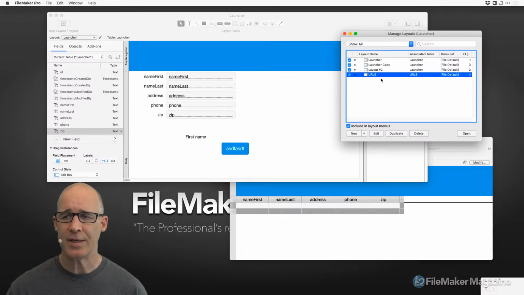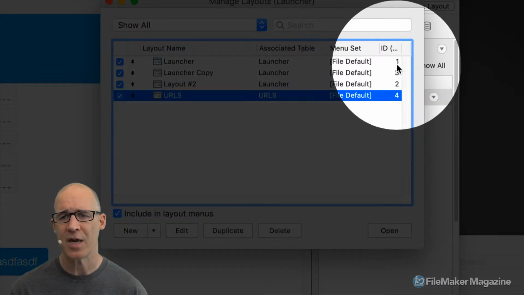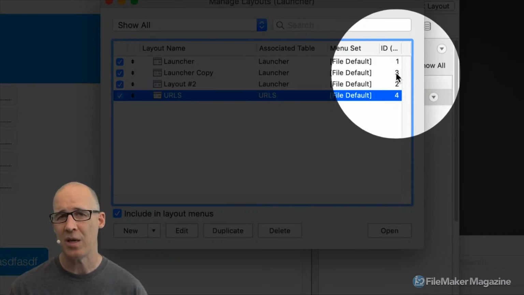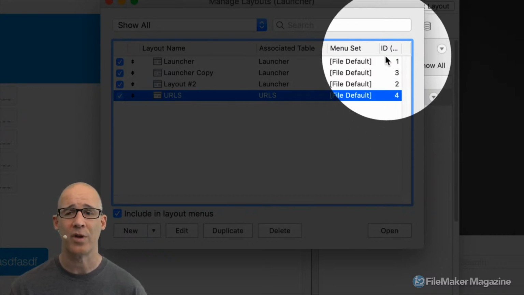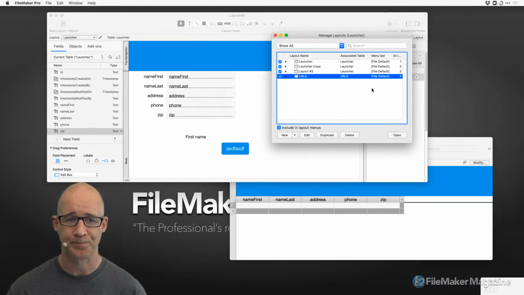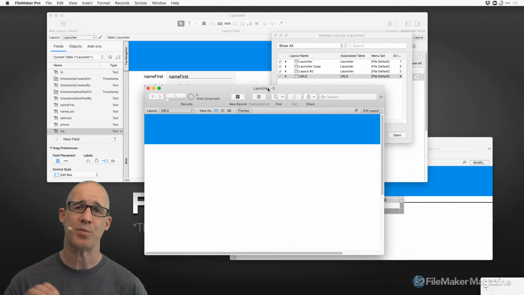So if you want this particular, and by the way, if you're new to FileMaker and you are seeing this on the side right here, this ID where it says 1, 2, 3, 4, this will not be in your FileMaker. You will not see this in your window. This is something that's coming from a plugin that I installed called the Monkey Bread plugin. But let's go ahead and open that right here just so I can prove my point about how context-specific FileMaker